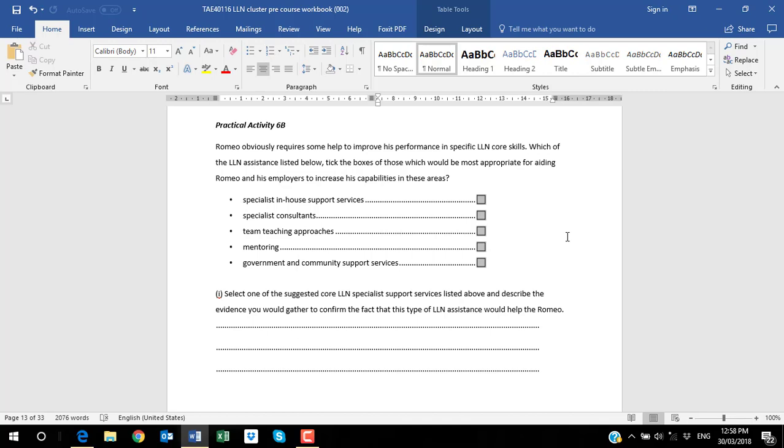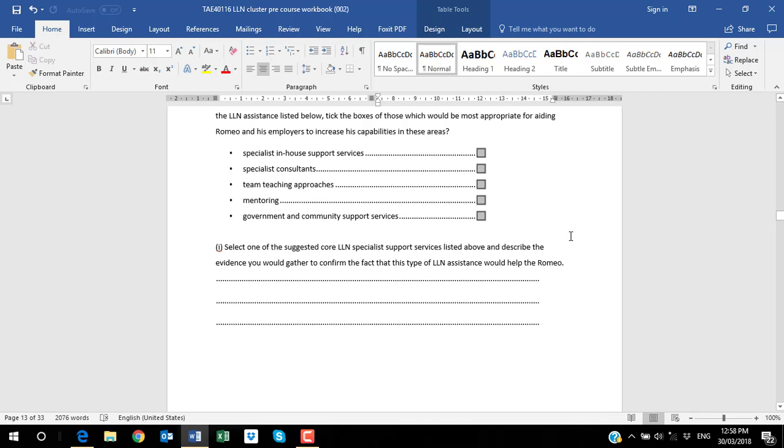So we've got specialist in-house support services, specialist consultants, team teaching approaches, mentoring, government and community support services. So you're free to tick any of those, and then it asks you, select one of the suggested core LLN specialist support services listed above and describe the evidence you would gather to confirm the fact that this type of LLN assistance would help